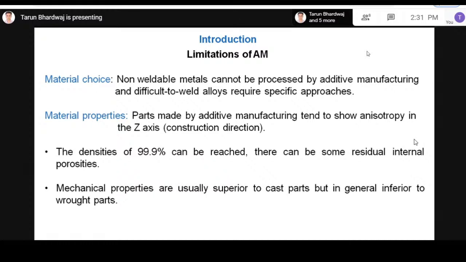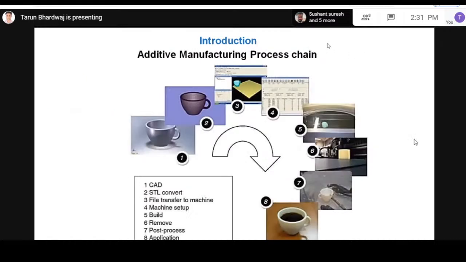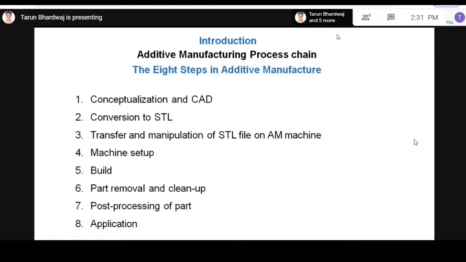And the mechanical properties are usually superior to the cast parts. Means whatever the cast, because we have a very low porosity in that, because cast parts are nearly 97 to 98% density. So there is a chance of cracks in the cast parts, but in general they are inferior to the wrought parts, as written over here. So as I told you, the introduction,